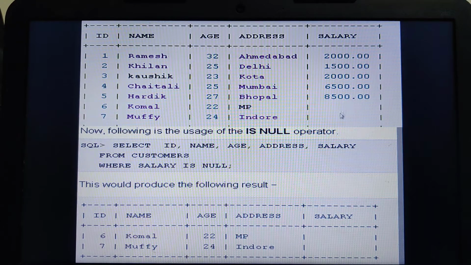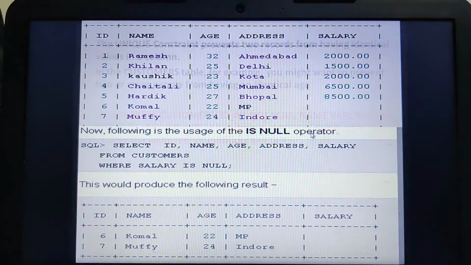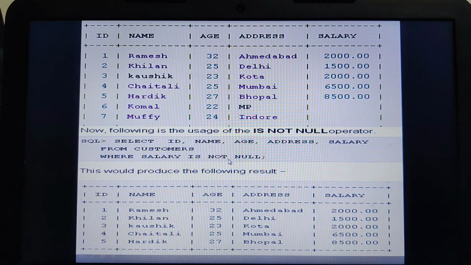Salary is null, no, discard. But here salary is null, yes, then this particular record would be retrieved. Here salary is null, yes, then the record will be retrieved. So is null is checking for the null value, whereas is not null is checking for a value, not for the null value. If it is a null value, then it will discard.